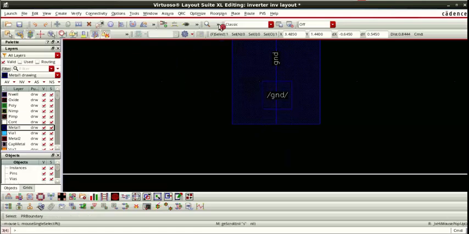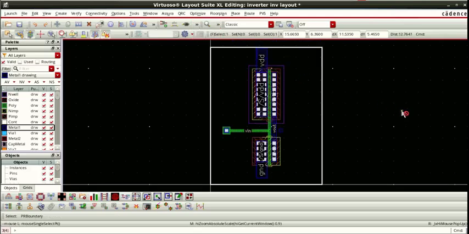Yes. Now I think we have done all the connections. Now all connections are over.